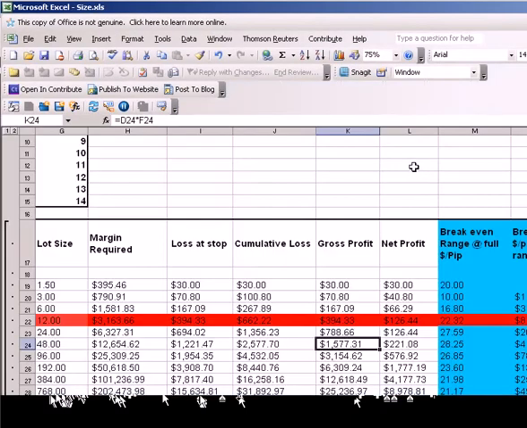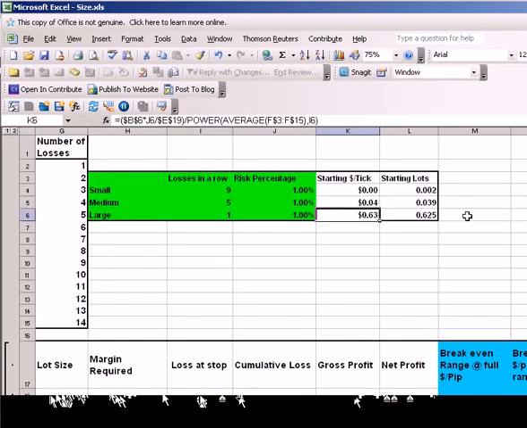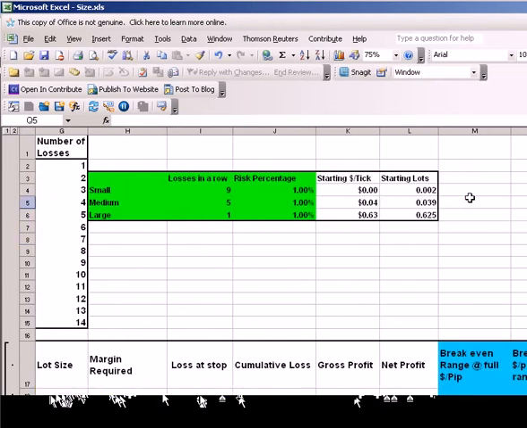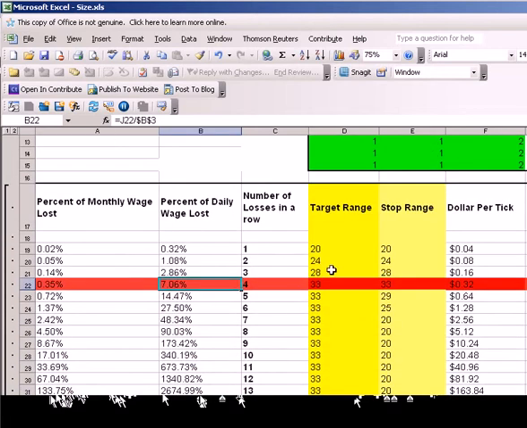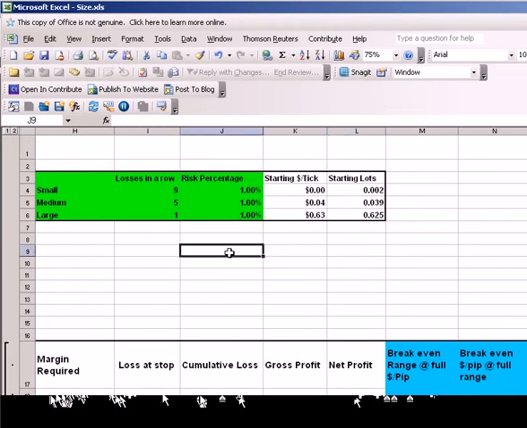If we grab our spreadsheet and look at this, we sized to $31 a tick, and we're completely out of balance. That won't work. I can bring in line the size of the account and losses in a row really simply. I can start trading at the 0.04 lots. So we will have solved one of these positions, but we won't have solved everything. We're going to start at 0.04 lots, but we're only going to make 80 cents, $1.09. We're only going to make a little bit of money. So that's a problem.